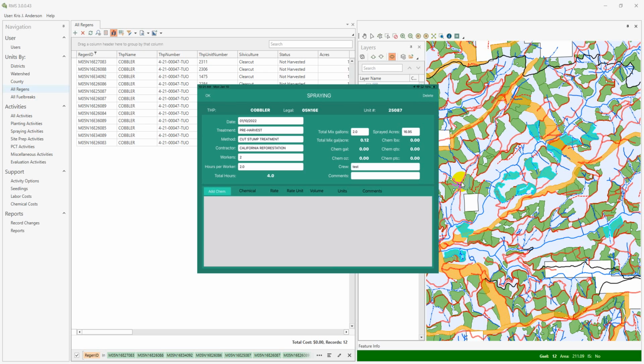So I just have a spraying record here that I just filled out with some sample data, just enough to fill it up because I just wanted to show what this looks like in synchronizing. So there's really not much for the user to do with synchronizing, or if you want to call it exporting back to desktop. As long as you have internet, it will synchronize immediately,